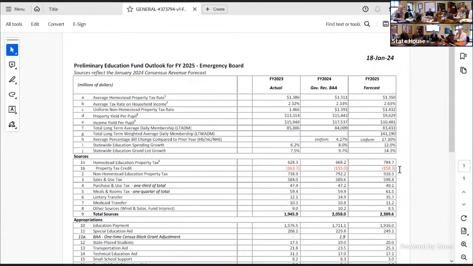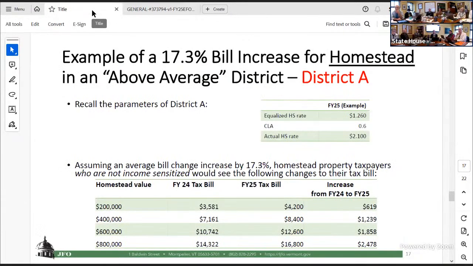But I think every other property owner in the state picks up that tab, whether they're income sensitized or homestead or not homestead. How do the ones who are getting the benefit pick it up? Because it drives their yield down, which drives their income rate up. Everybody pays that. It's not just the people that aren't income sensitized. I don't see how everybody pays. I thought it was only that 40%. Tell me again. Julia, explain. Sure,